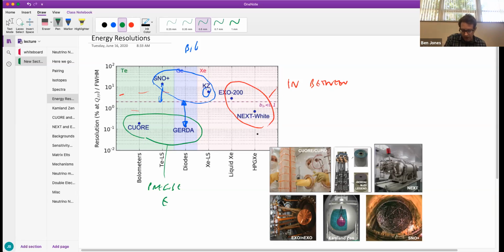And these ones up here are in between because they play other tricks. They both measure the energy and they also use other techniques to reject these other backgrounds. So in the case of NEXT, at least, the 2 neutrino mode is really irrelevant. And all of the backgrounds that are relevant come from these radioactive materials. And so you can use other techniques than energy resolution to reject them. So to give you an idea of what some of those techniques look like,